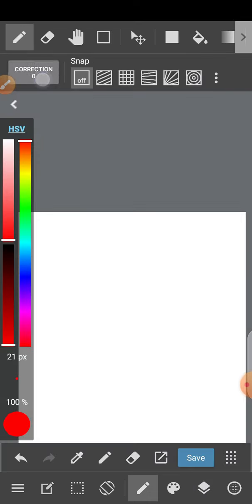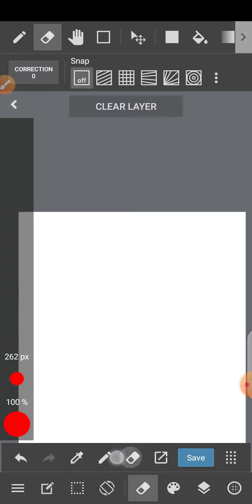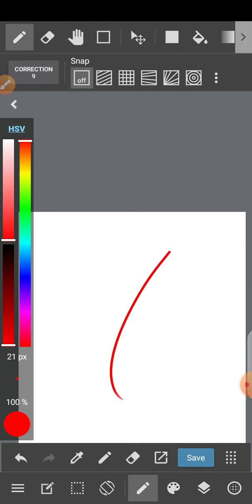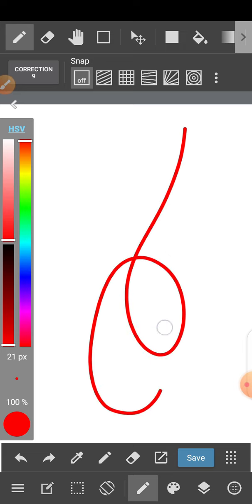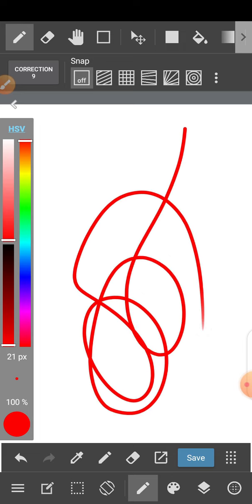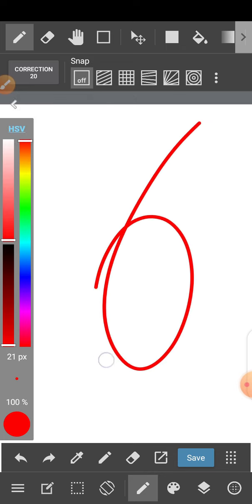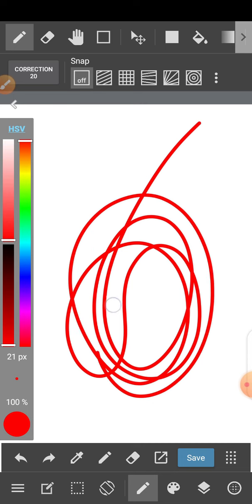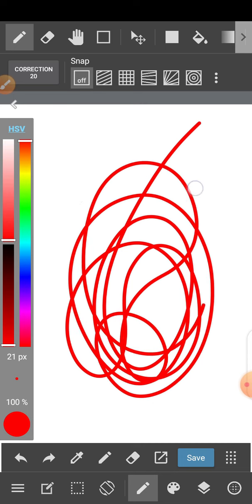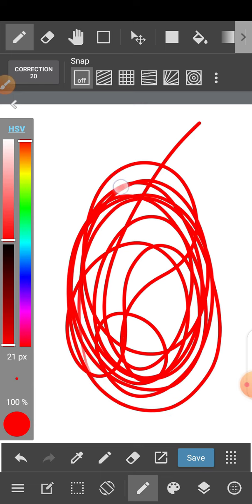And the correction, so the correction is like line smoothing. Right, the level of line smoothing that you want with your stuff. So if I increase the correction, it gives us a certain level of line smoothing. I don't use it, I just don't use it. But if you're doing a kind of work and you want the lines to be smooth,